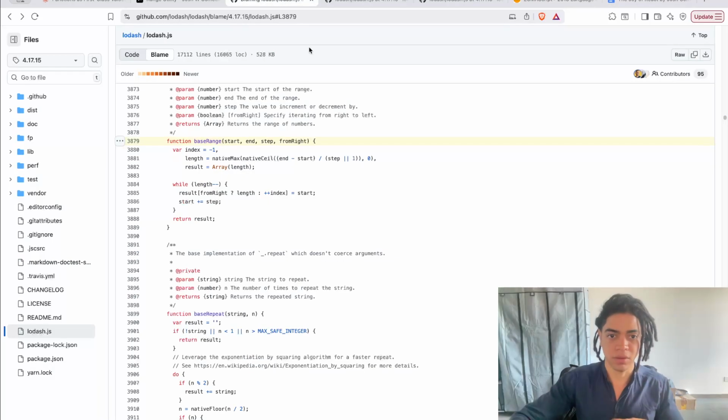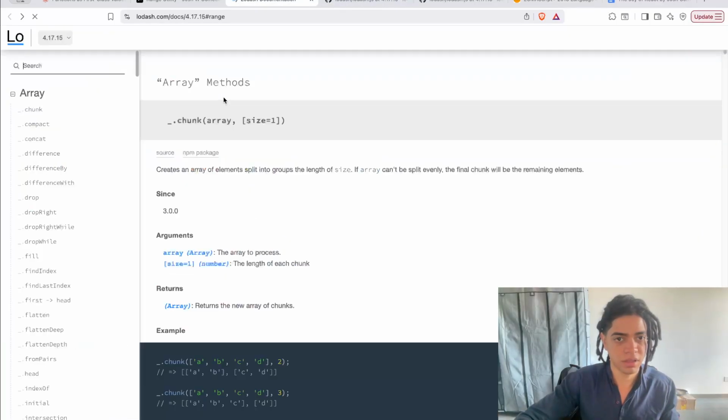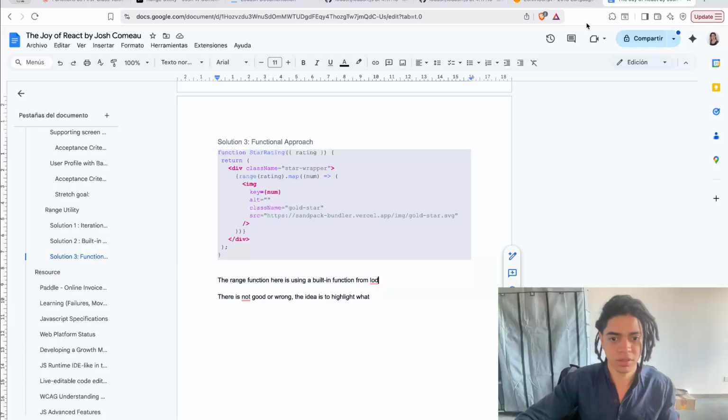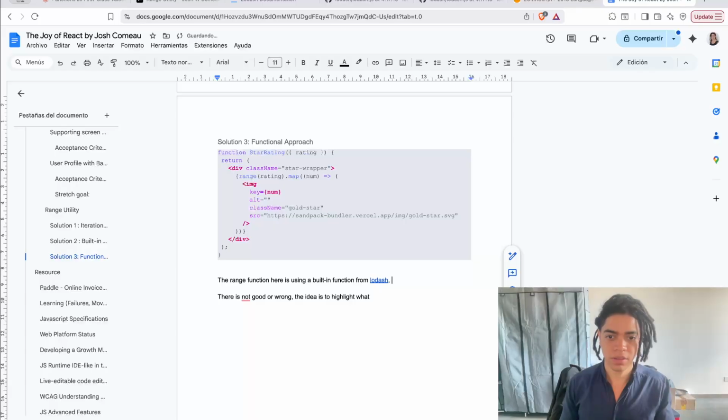Okay, going back to Lodash, we find range from Lodash, a popular functional library, which in this case